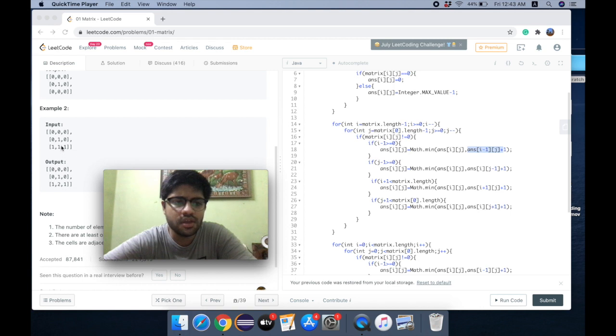So for example, here we have 1, and I see that there is a 1 at the top, and the solution is done for that. Then I'll say, okay, my solution is my neighbor's answer plus 1. So here in all the cases my answer is becoming 2. So this would be solved.